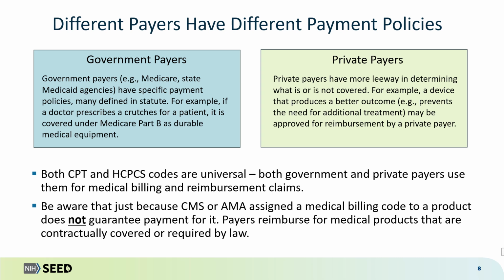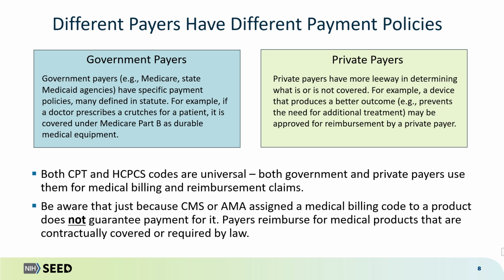Government payers such as Medicare and state Medicaid agencies have specific payment policies. Many are defined in statute, which are described further in local or national coverage determinations and coverage articles. If there is a Medicare Advantage plan, the plan also has coverage determinations or payment policies that you must pay attention to. It is possible that you can negotiate with the Medicare Advantage plans for coverage if you have a new code for payment. Less likely that you can negotiate with the Medicare contractors in fee-for-service, but not